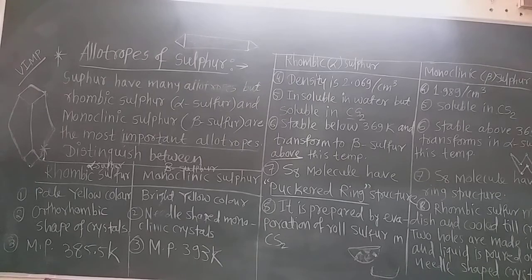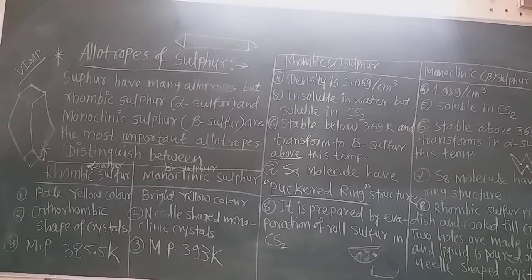Remember that. Which form of sulfur? The vapor state of sulfur is always found as S2 molecules, and these S2 molecules in the vapor state are paramagnetic. Remember that. And you can draw the molecular orbitals of S2 as we drew the molecular orbitals in the 11th standard. Now next is the shape.